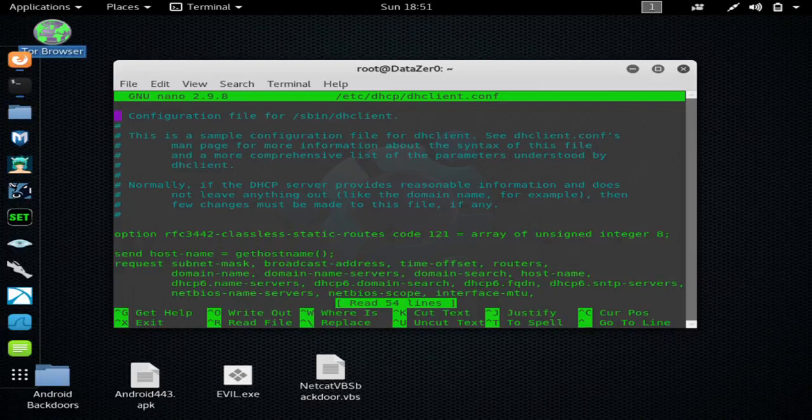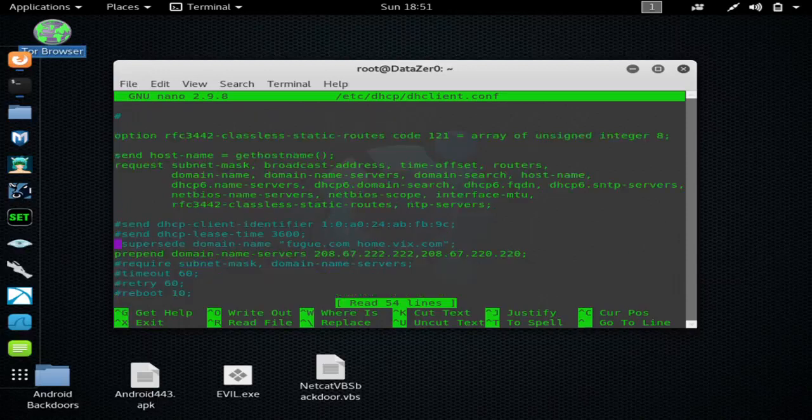And when you're picking your DNS, you want to pick a very reputable company, because you could be doing more harm than good by changing to a DNS with a bad reputation or that leaks information or whatever. But I'm going to be showing you the DNS company that I use, and it's also free. So you just want to scroll down. I'm using my arrow keys. Now, if you remember my last video, you know that the pound signs are comments. So that means that these rules are commented out, which means they're not active. So what you want to do is uncomment prepend domain-name-servers,